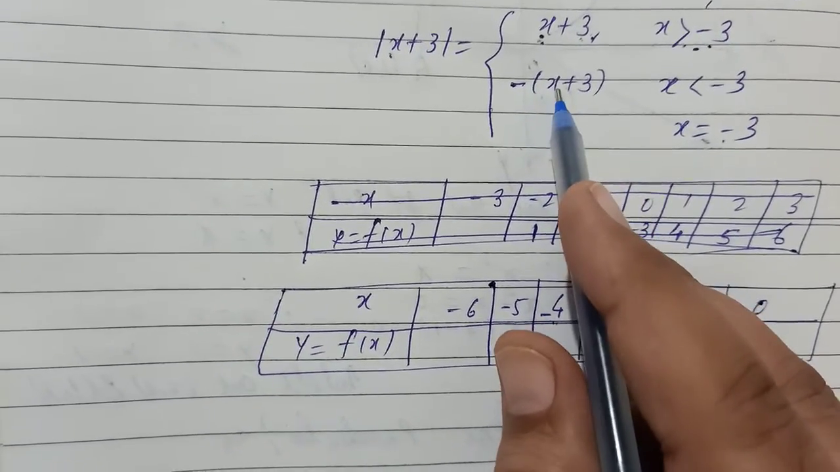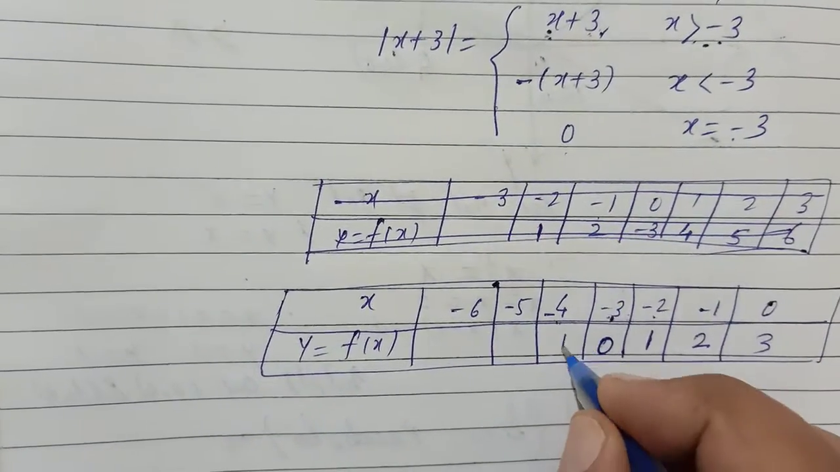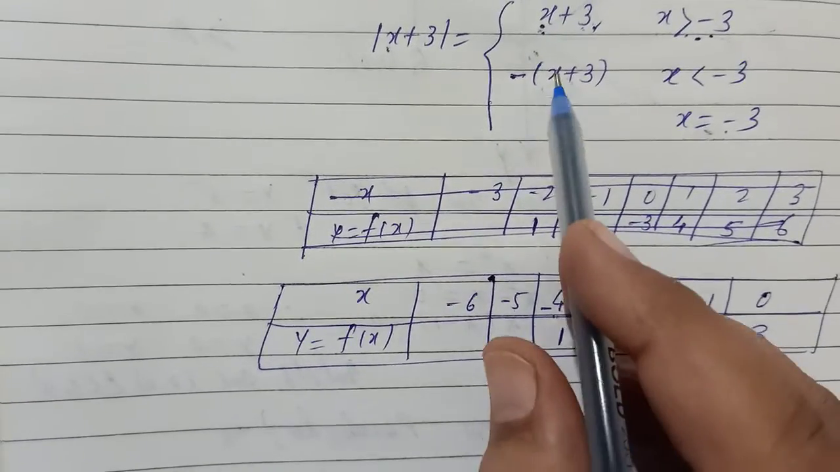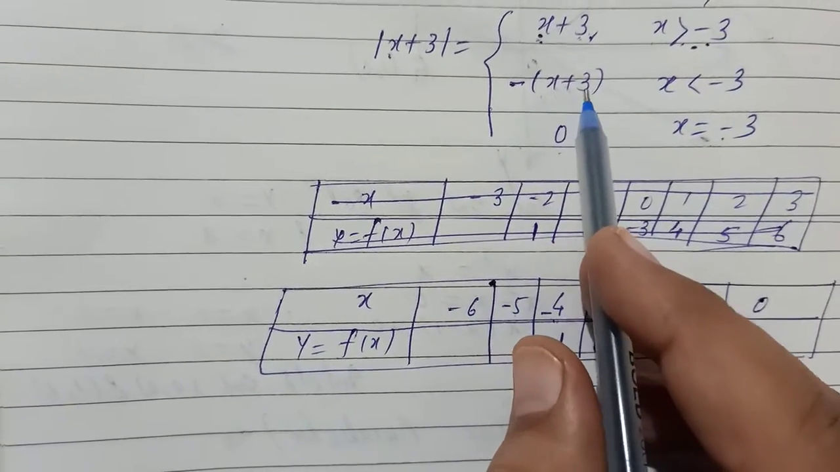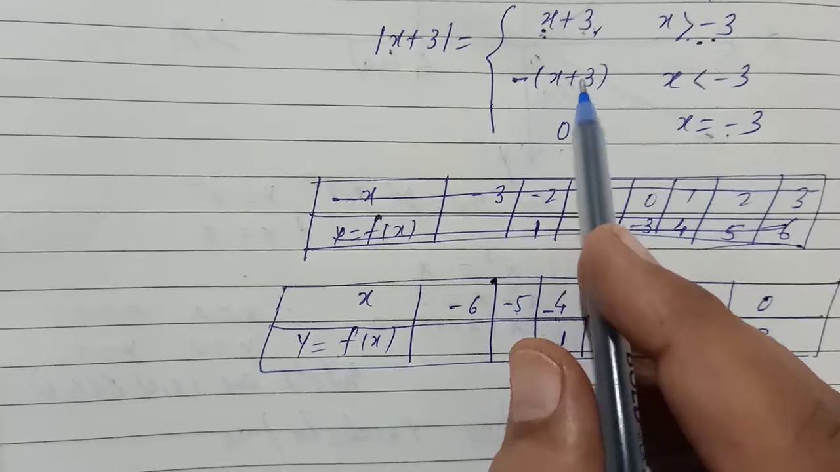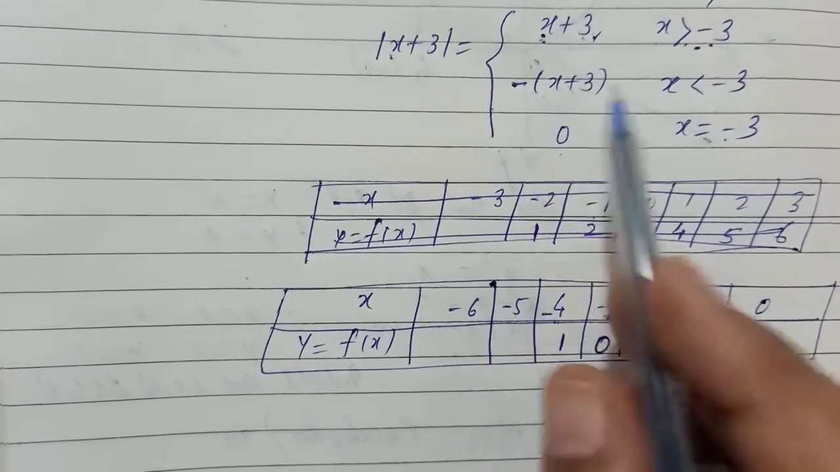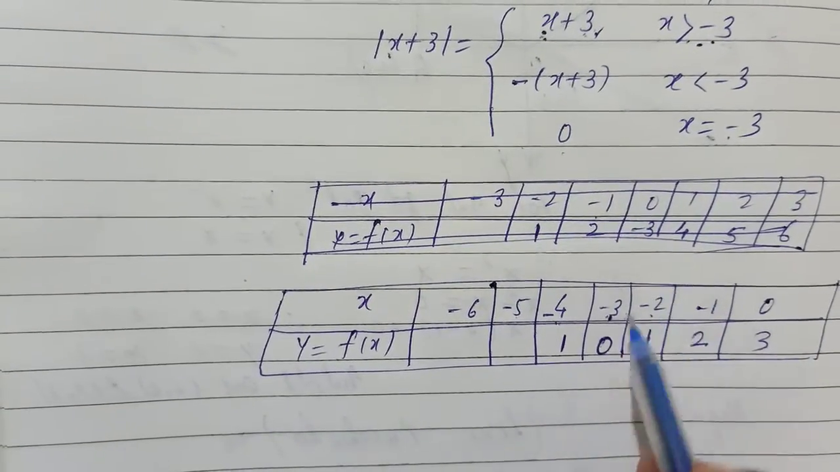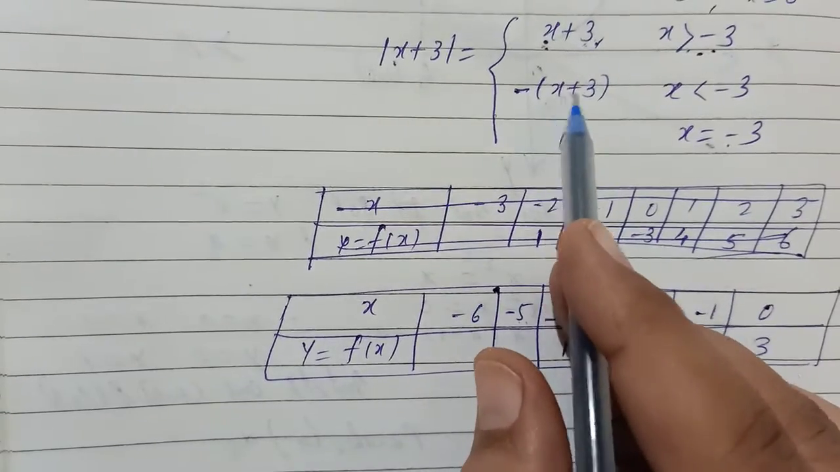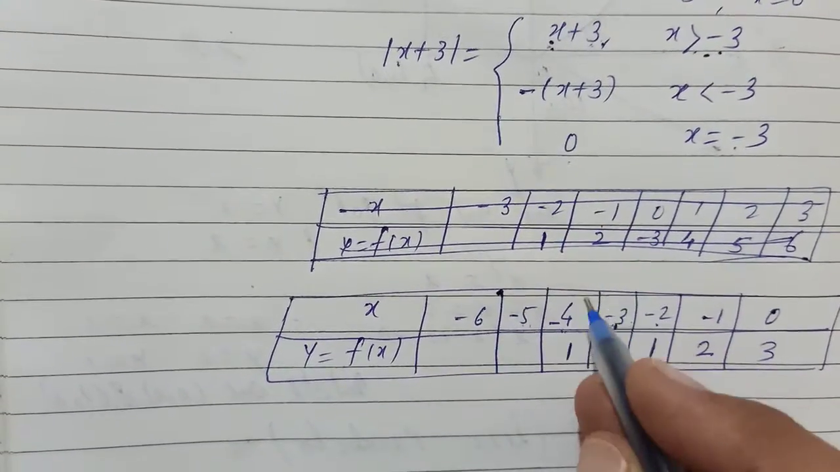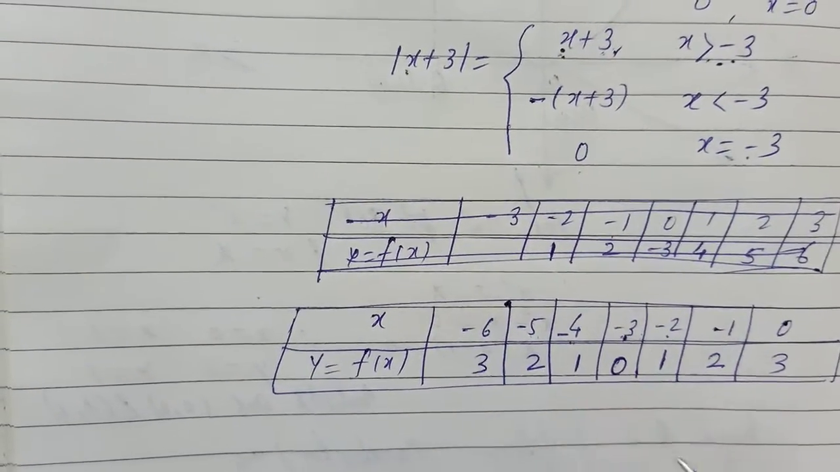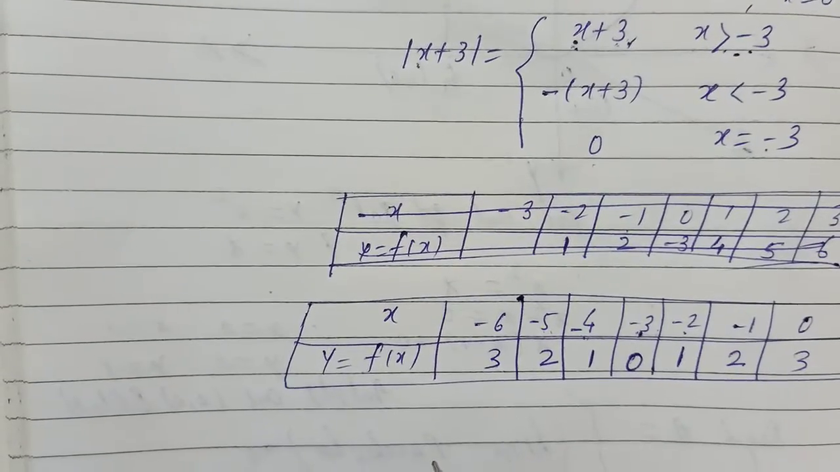-4 plus 3, it is -1. Outside is +1. When x equal to -5, inside -5 plus 3 is -2, and outside it is 2. Similarly, this will be 3. So when you plot the points,